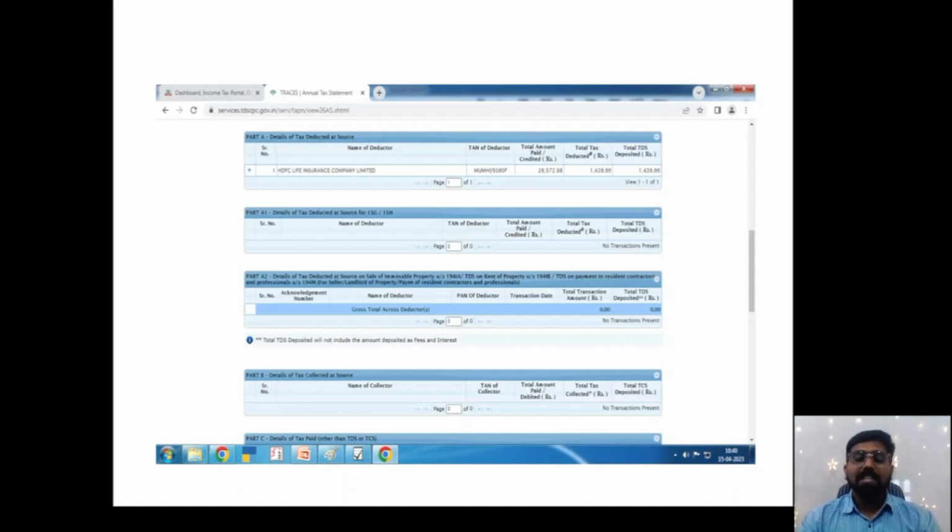The second one is self-assessment tax that he pays after the financial year and before filing his income tax return. The third one is tax on regular assessment, which will be paid by an assessee after filing his income tax return and a demand has been raised by assessing officer in his assessment order. So his advance tax, self-assessment tax, tax on regular assessment will appear in part C